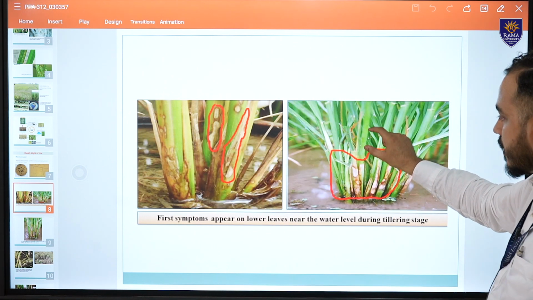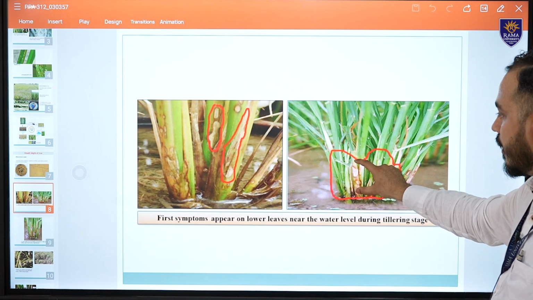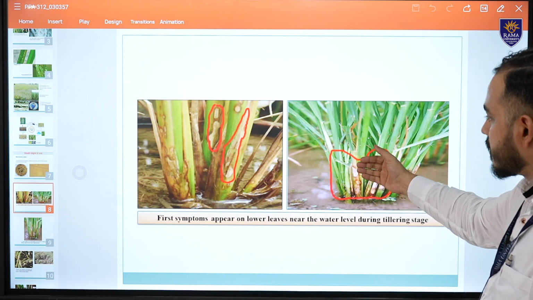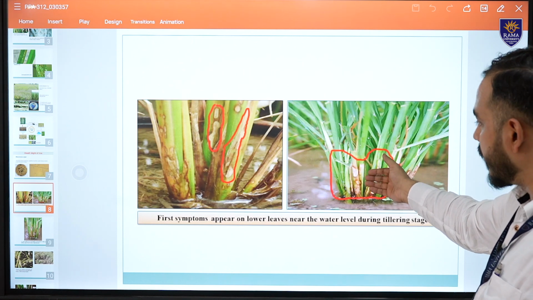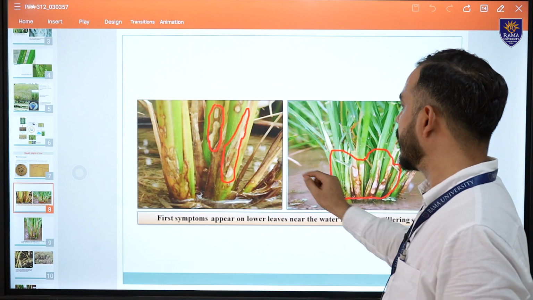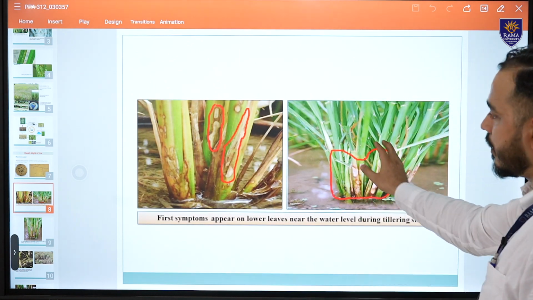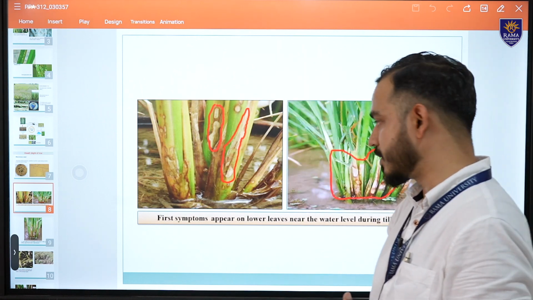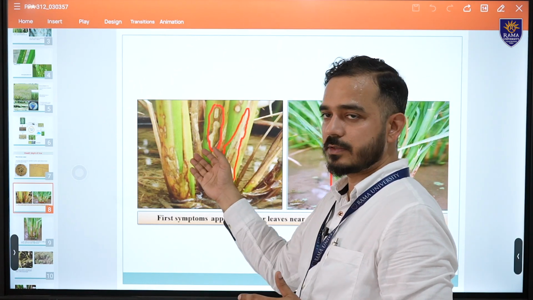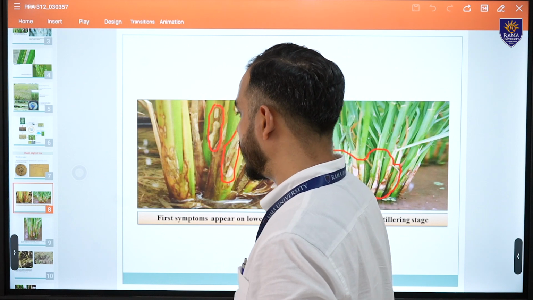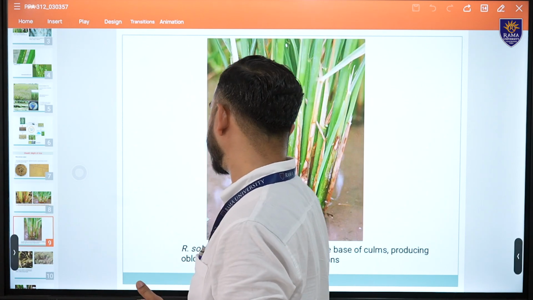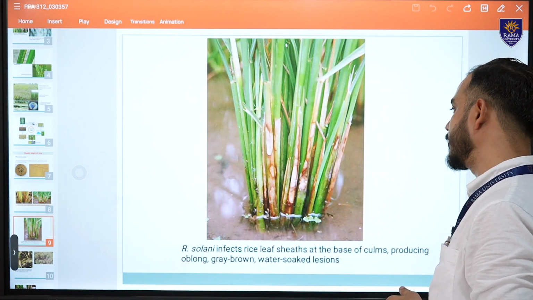This is the green portion, and here where the infection has already happened, the plant turns into a whitish and yellowish structure with a brown color margin. This is called snake skin symptoms, which resembles the skin of a snake. The first symptom appears here. In the picture you will see